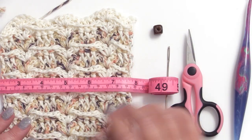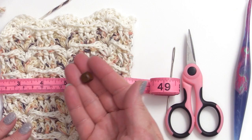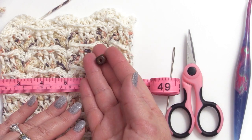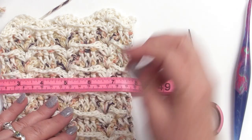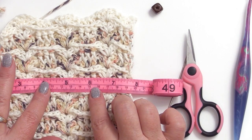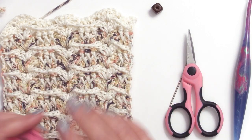To do the fringe is when you're going to be needing your beads. So you'll need a total of 10 beads, and this is, again, a totally optional step, but I really like the look that they give it. You're also going to need a tapestry needle, your measuring tape,